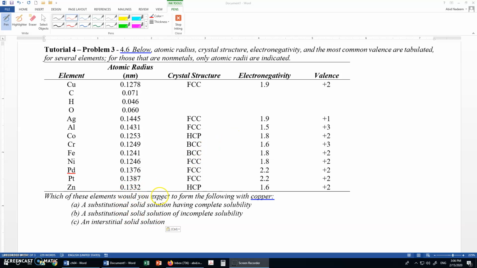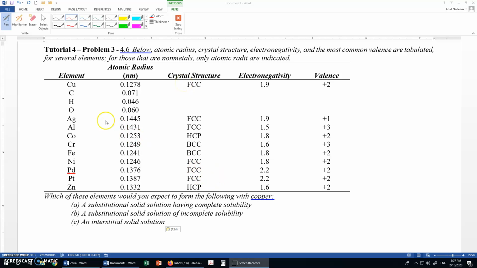Which of these elements would you expect to form the following with copper? A, a substitutional solid solution having complete solubility. B, a substitutional solid solution of incomplete solubility, and C, an interstitial solid solution. Okay, so for this,